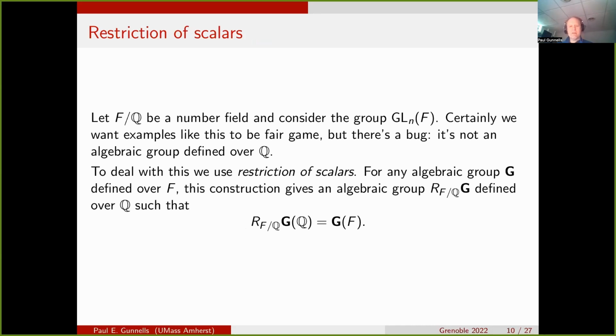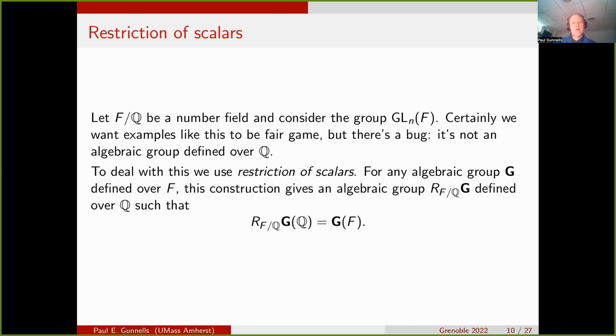All right, and there's another concept that we're going to use and comes up quite a bit in algebraic groups. It's called restriction of scalars. So suppose we have a number field like Haluk was talking about. We're definitely going to want to consider algebraic groups where the matrix entries live in a number field. So if you think of the group GLN, this unfortunately is not an algebraic group defined over Q as we've written the definition down, because the matrix entries are in F. We need those polynomials that define the group to have rational coefficients, and if you just naively write down GLN of F, it's not going to be what we're looking for.